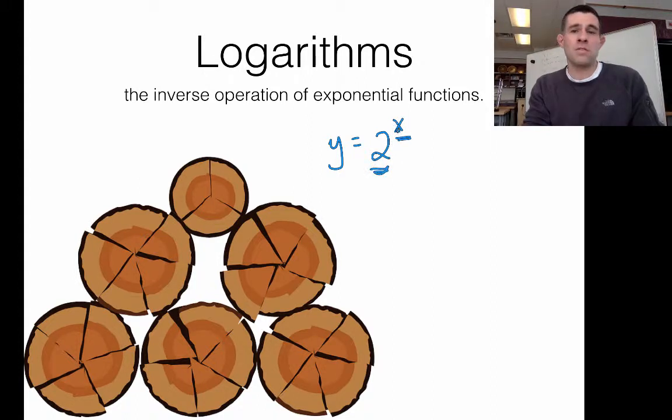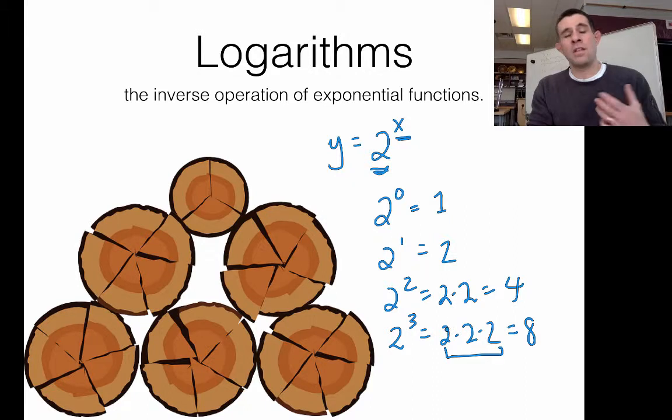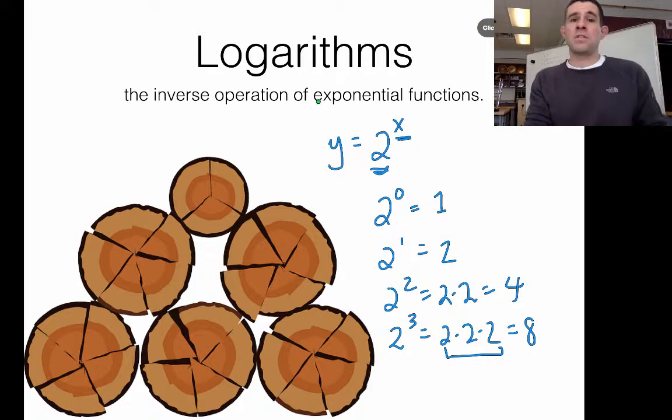2 is being raised to a variable power, and as that variable changes, so like from 2 to the 0 power, which we know is equal to 1, 2 to the 1 power, which is equal to 2, 2 squared we know is 2 times 2, which is 4, and 2 cubed, which is 2 times 2 times 2, or 2 times itself 3 times, which is equal to 8, so on and so forth. These are exponential functions. Well, today we're going to look at logarithms, and logarithms are simply the inverse of exponential